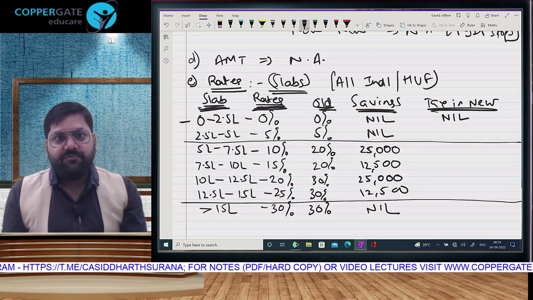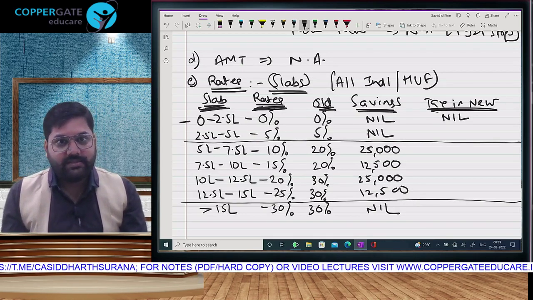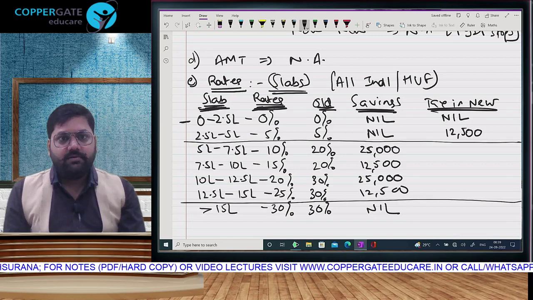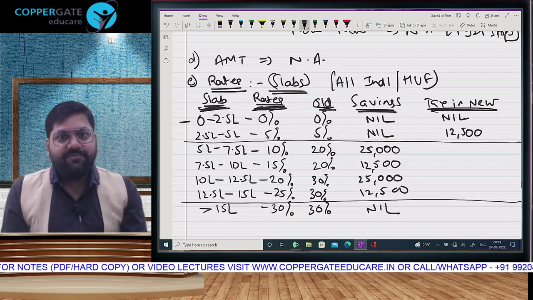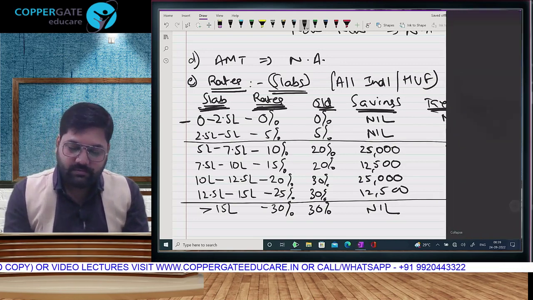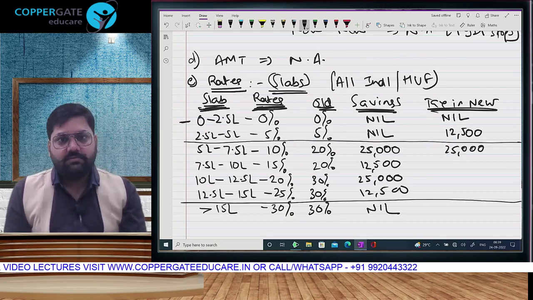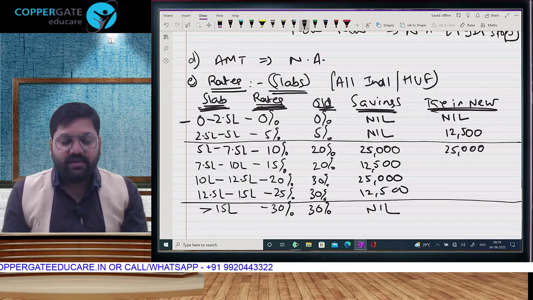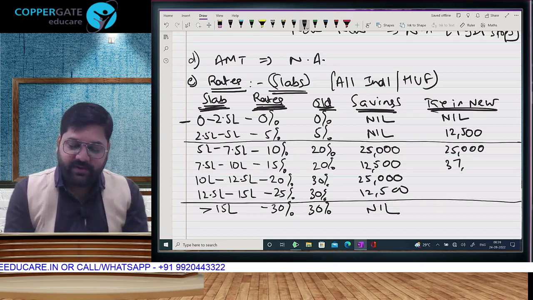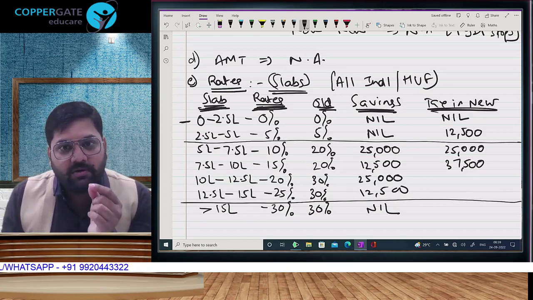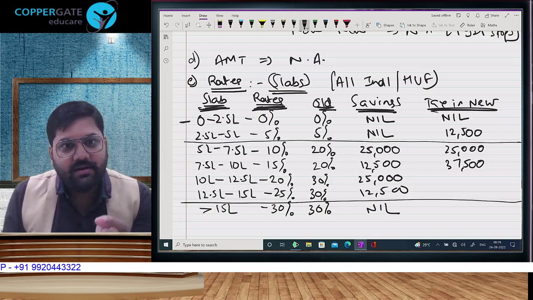250 to 5 lakhs 5%. New के हिसाब से we are doing new के हिसाब से. How much do you get? 12,500. 5 lakh to 7 lakh 50, 10%. 25,000. अरे कॉपी कैट सॉल्व भी करना है. 7.5 to 10 lakh, 15%. 37,500. अगर जिंदगी में little maths you have done, no little maths, तो understand it will keep on increasing